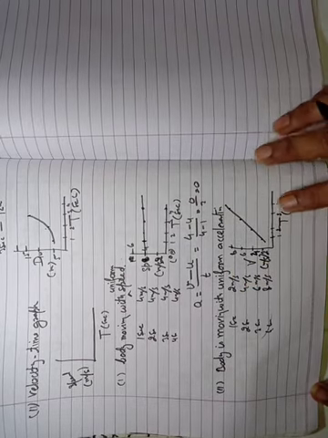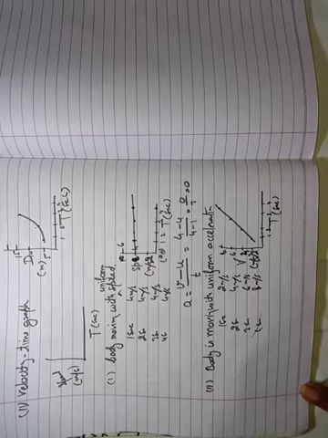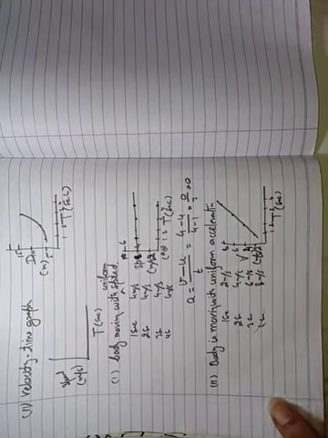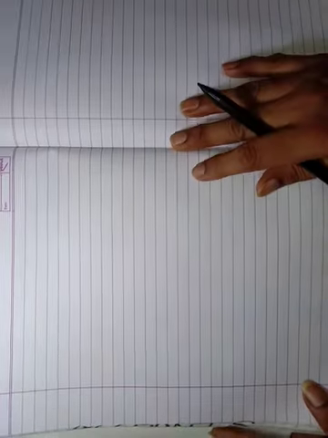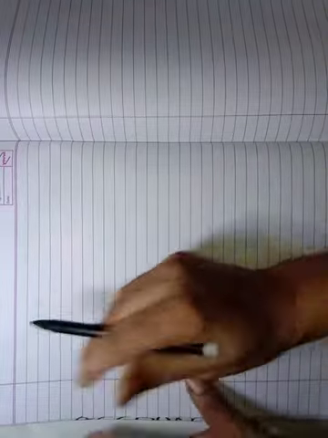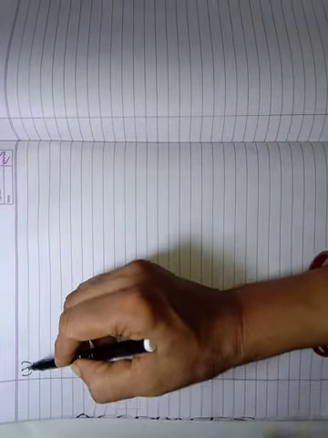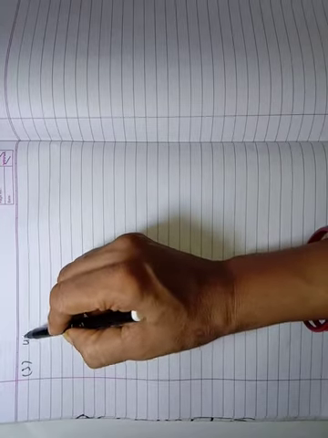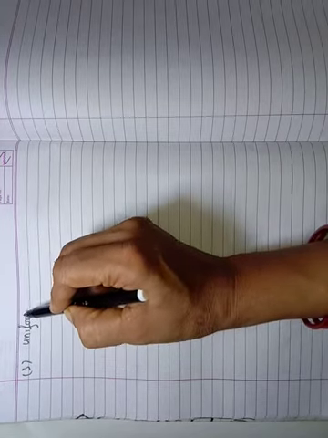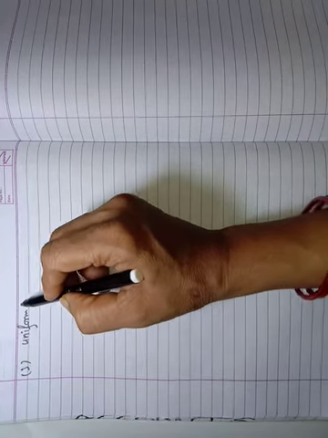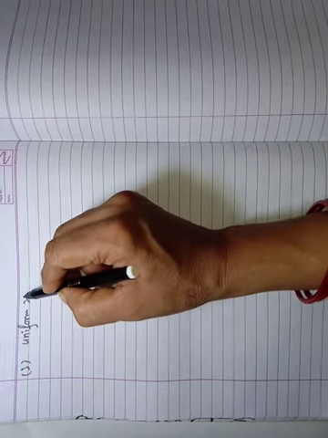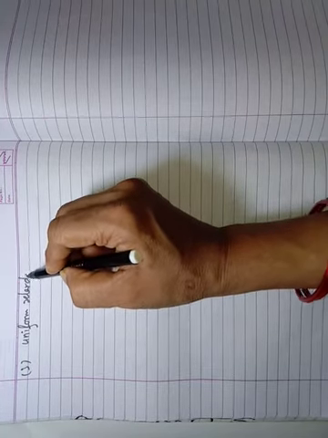And what will happen if the velocity of the body is decreasing? It means retardation. Next, these are two graphs. Okay, third one, uniform retardation. If a body is moving with a uniform retarding motion, retardation,